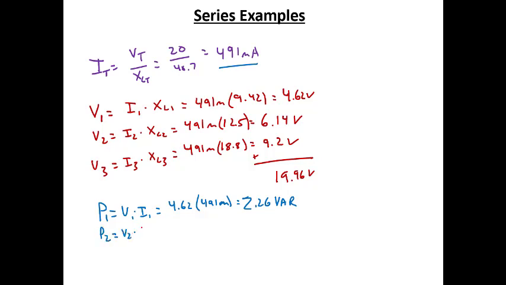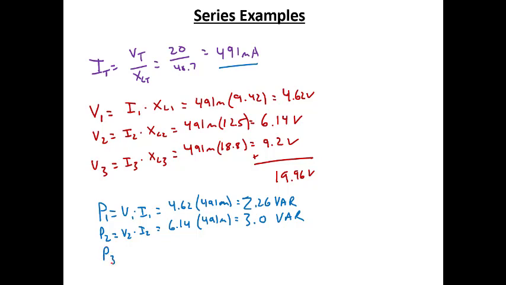P2 is V2 times I2, so that's going to be 6.14 times 491 milli. I'll punch that into my calculator, and I get 3.0